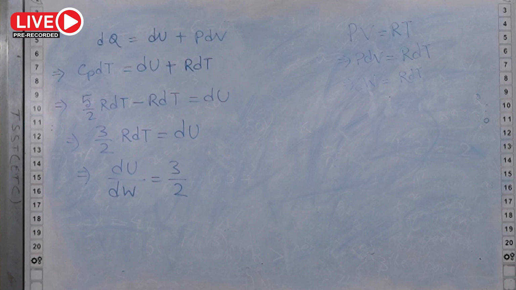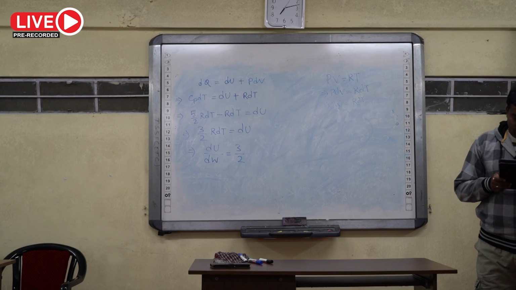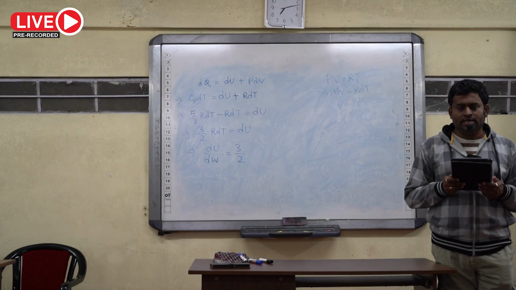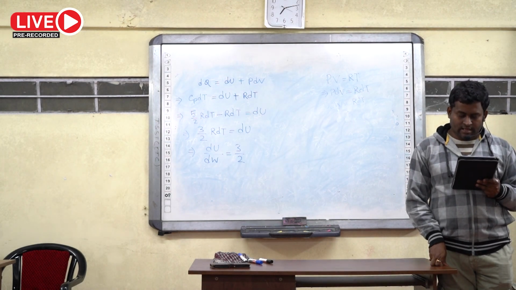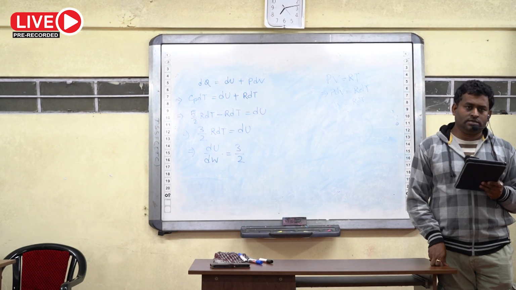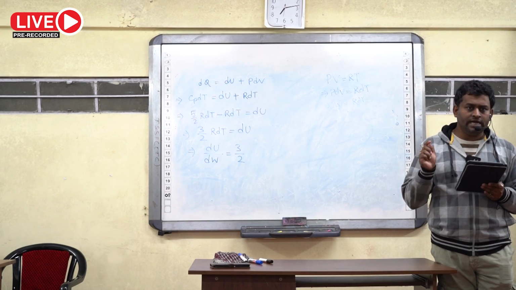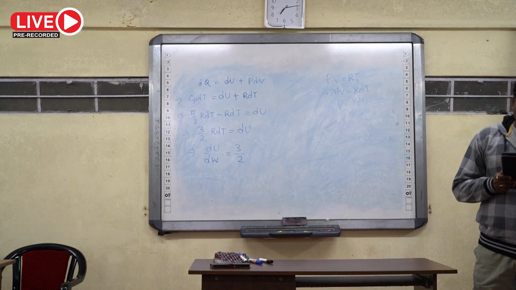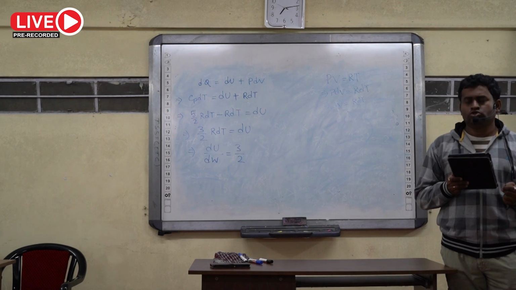Question number 14. A gas is compressed adiabatically till its temperature is doubled. The ratio of its final volume to initial volume will be